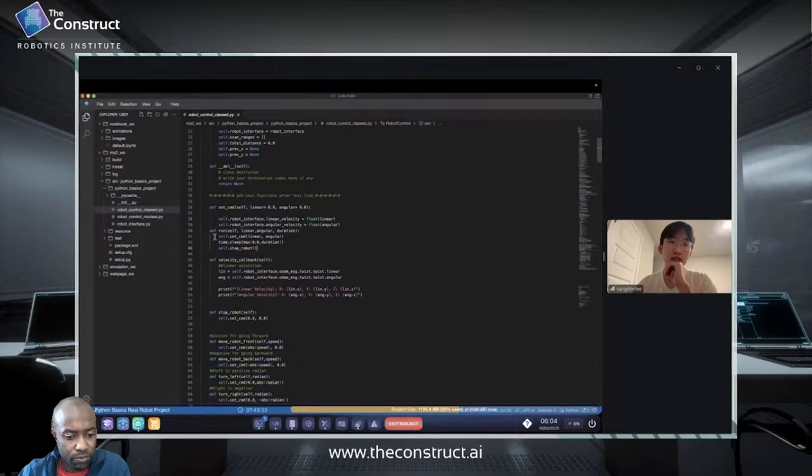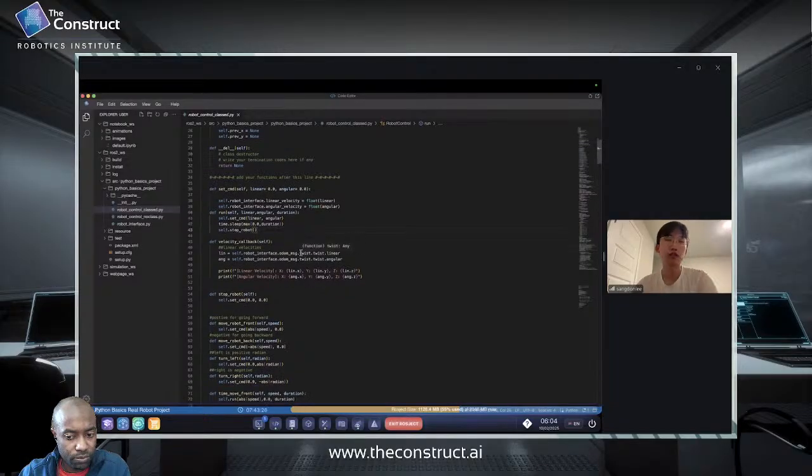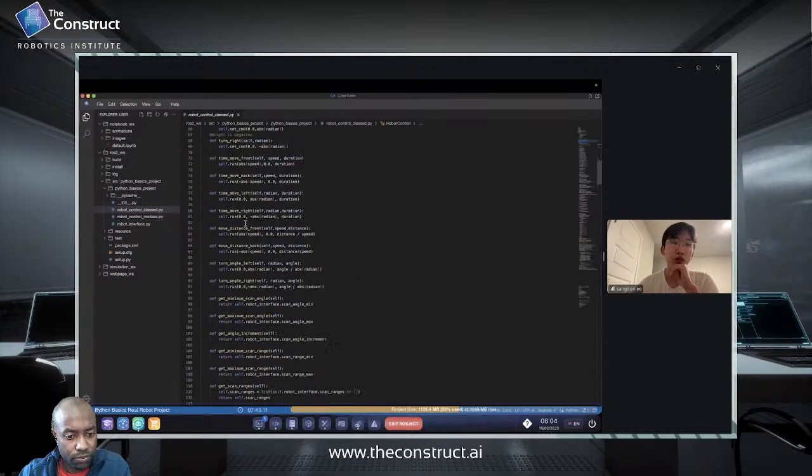And this is the duration part for the timed. There are different functions for moving the robot to the front in a specific time and rotating the robot in a specific angle. So with using these helper functions for the time move front,